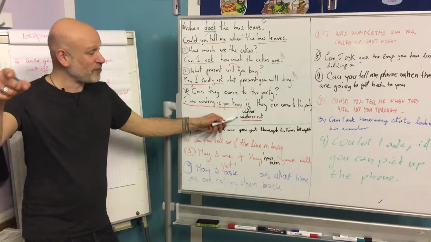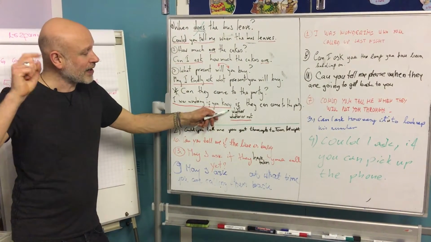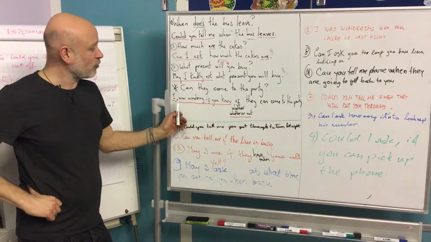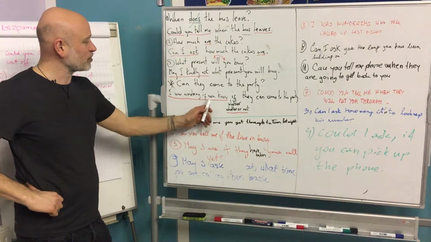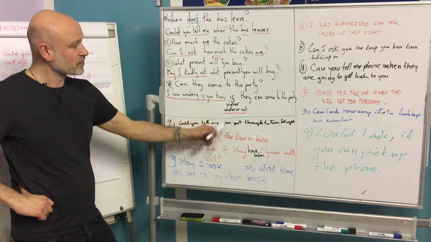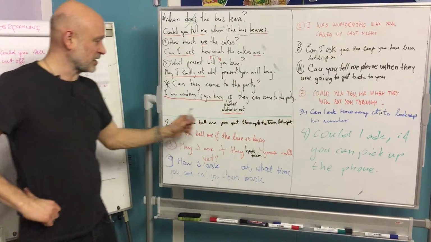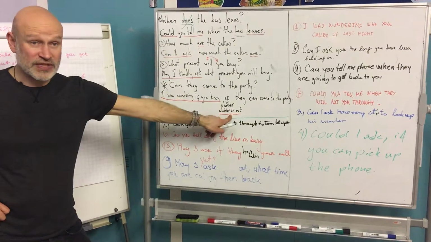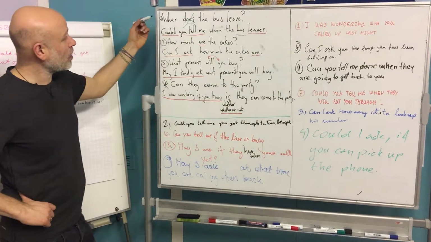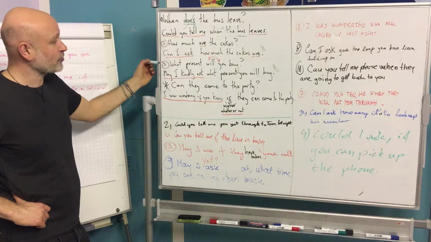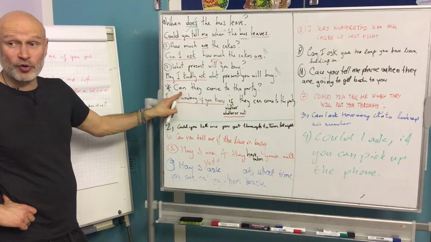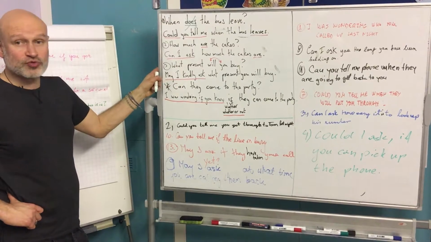I've never taught this before, but thank you, Gabriella. Gabriella mentioned this word. So: I was wondering if you know if, or I was wondering if you know whether, or I was wondering if you know whether or not they can come to the party. So for yes-no questions, we need to add one of these words and then apply either rule 1, 2 or 3. And because this is "can they," present simple using the auxiliary verb can, we use rule number 3.